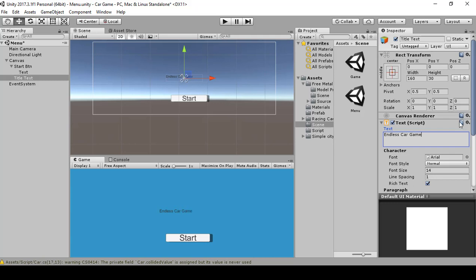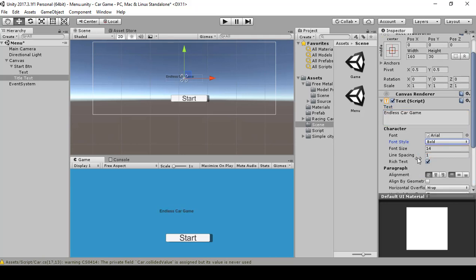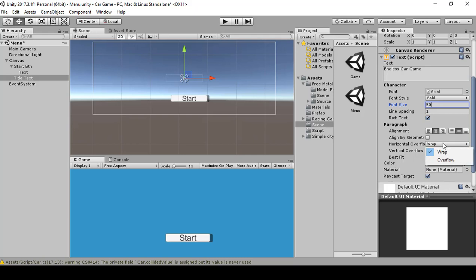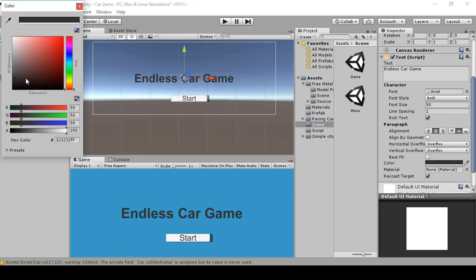All right, and then have this bold. Then we're going to do font size 50, center line, middle, and overflow for the vertical and horizontal. And we're going to make this color white,